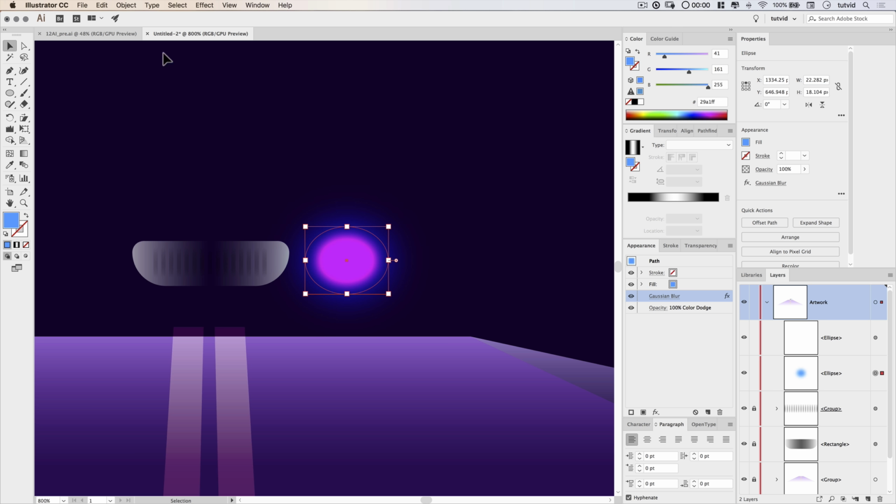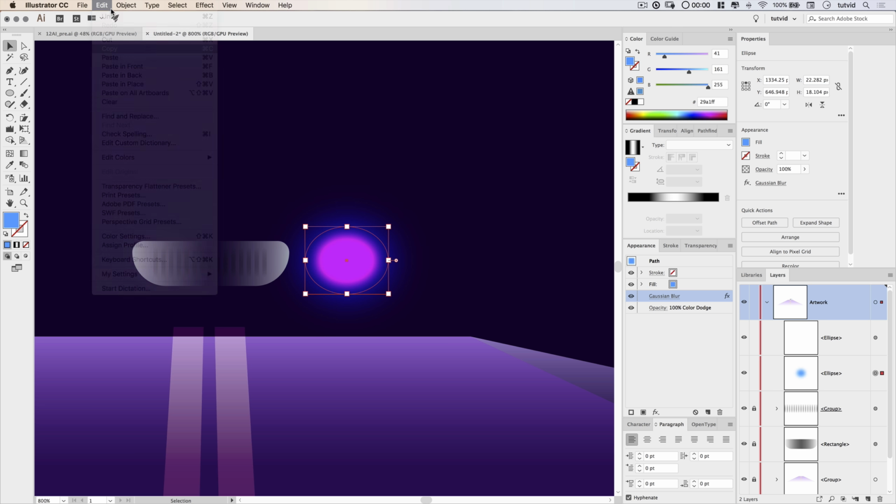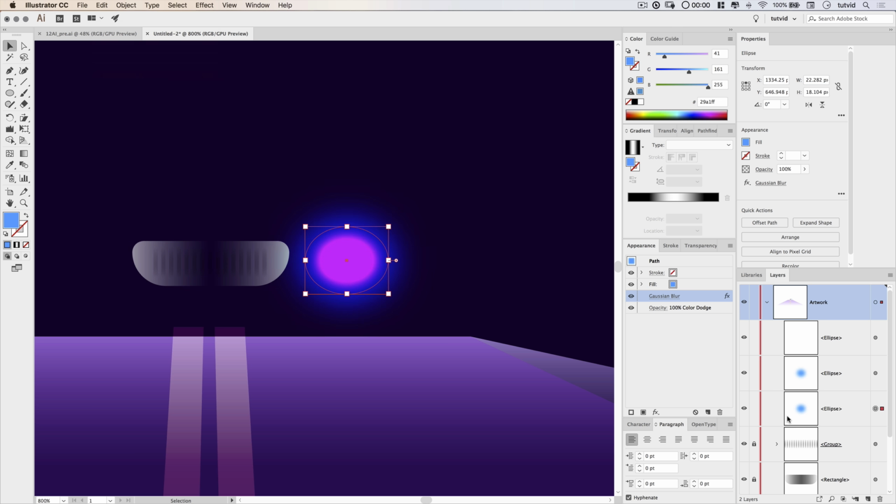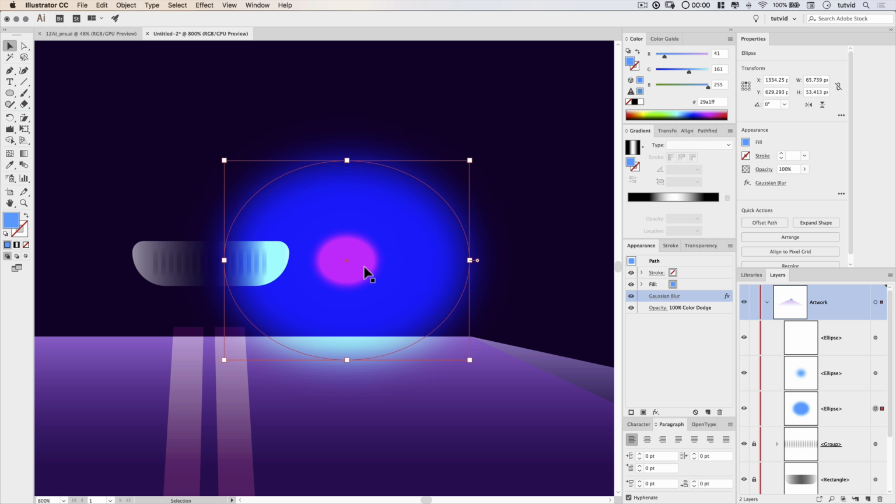Now we want to duplicate this shape. So we're going to go Edit, Copy, Edit, Paste in Back. Again, we're sort of building backward. And I want to increase the size of this. By the way, when I scale, I'm holding down Shift and Option. That's Shift and Alt on the PC. I want to increase this until it's about 65 pixels around. So right about there. It looks huge. It looks unseemly. It just looks bad at this point, frankly.